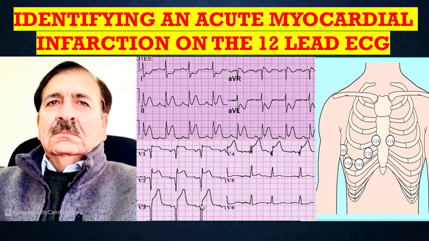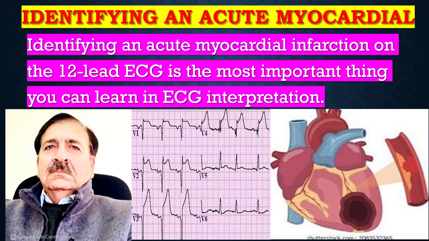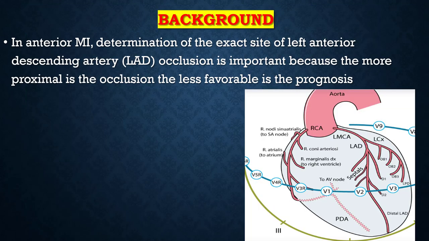Bismillahirrahmanirrahim. Today's lecture is about identifying an acute myocardial infarction on the 12 lead ECG. Identifying an acute myocardial infarction on the 12 lead ECG is the most important thing you can learn in ECG interpretation. Background: in anterior myocardial infarction, determination of the exact site of the left anterior descending artery, which is called in short LAD, occlusion is important